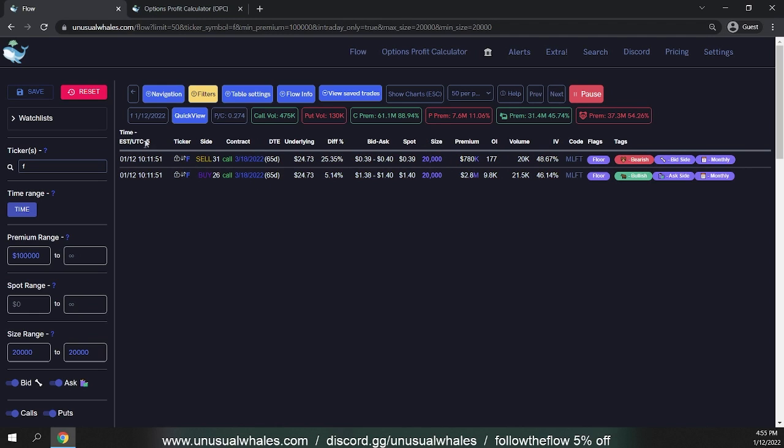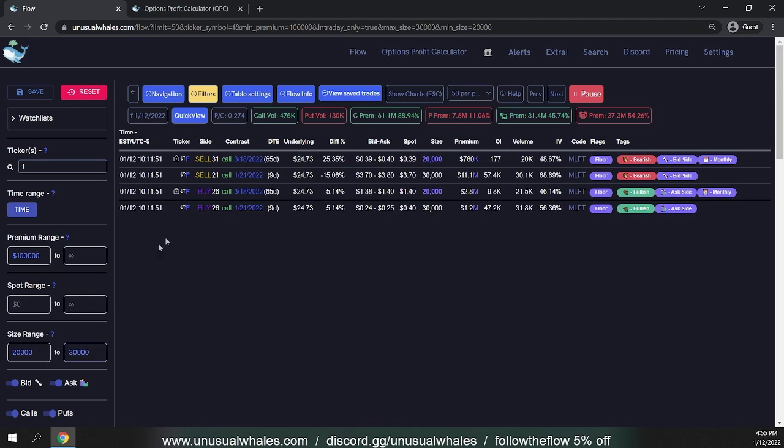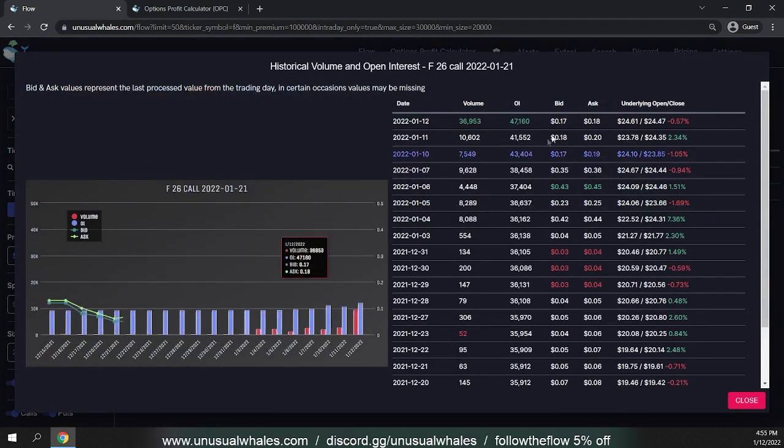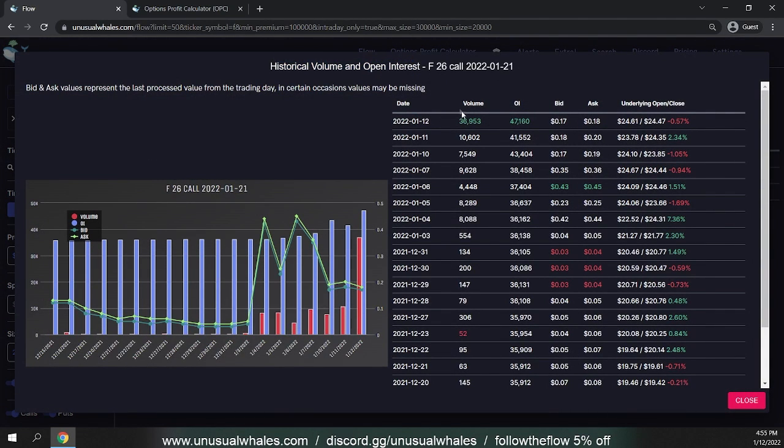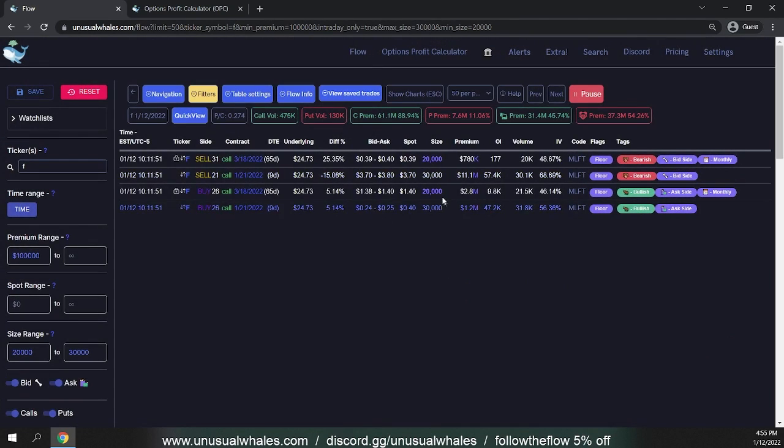So this is them opening a bullish call spread at the same time as they are closing their also bullish call spread. So they're bullish, they are still bullish. Let's actually try to find when they opened the position. Like I said, in the contract here, we can click on historical volume and open interest. So we know that their footprint is a 30,000 contract footprint,